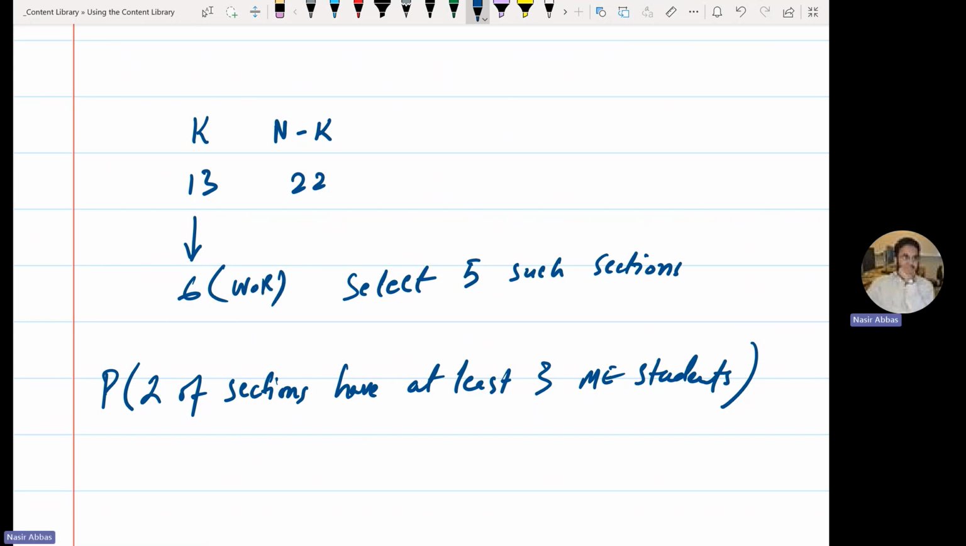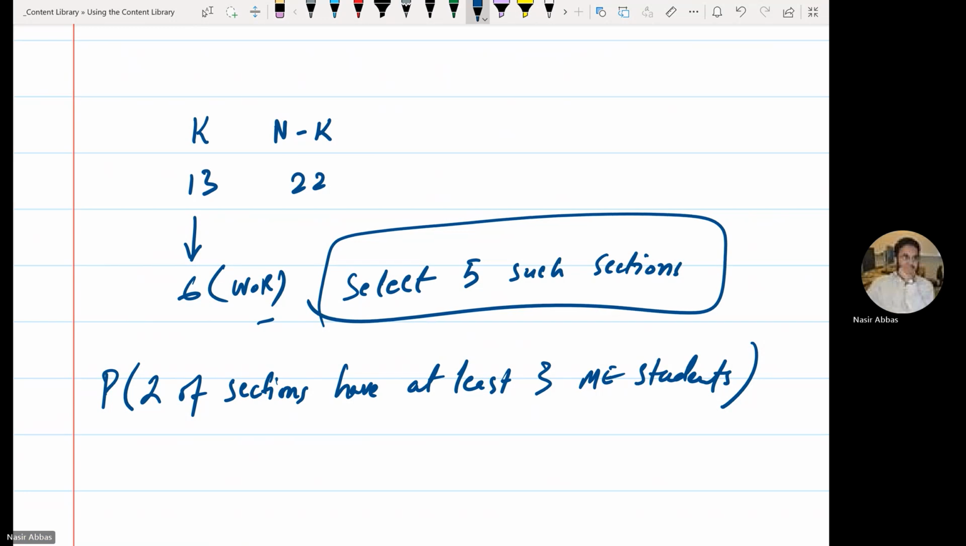I'm selecting 6 without replacement from a finite population. What is the distribution? Hypergeometric. You can find it for one section, the probability of having at least 3 mechanical engineering. Then I'm saying that I'll go across sections, many sections, from section to section. What is the probability that if I select, let's say, 5 sections, I wrote it, select 5 sections, what is the probability that 2 of those 5 sections will have at least 3 mechanical engineering in the 6